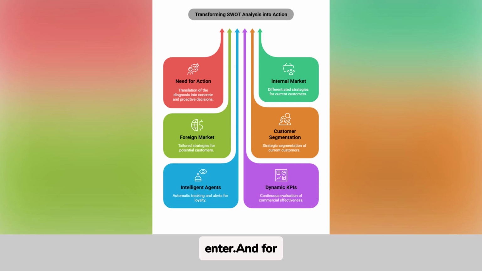For example, some things that can be done are: define priority segments based on predictive analysis of the system. We can identify companies with similar characteristics to our current best customers and predict their conversion potential. Use the commercial funnel agent to constantly nurture the pipeline, ensuring a continuous flow of qualified leads aligned with our capabilities. Design intelligent commercial campaigns adapted to the context.